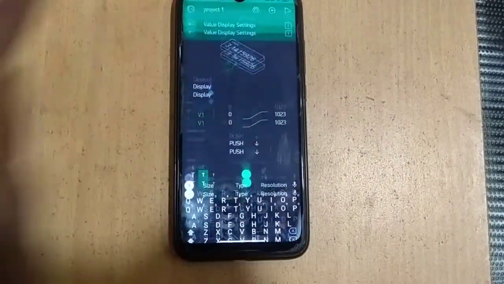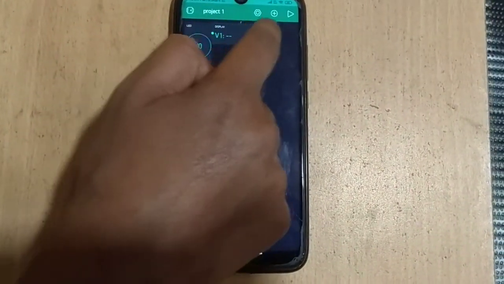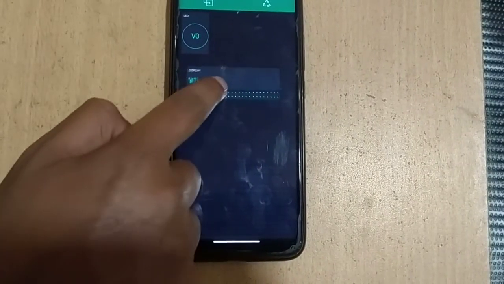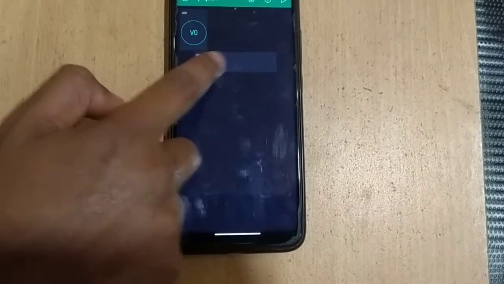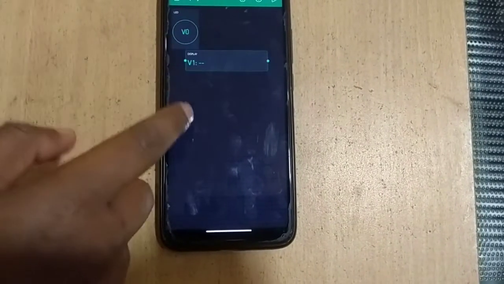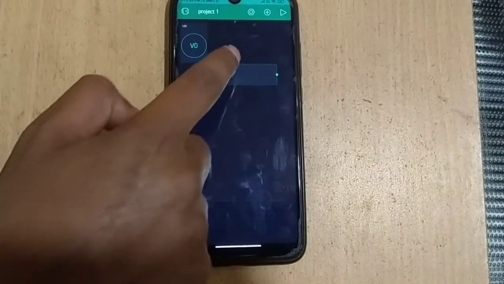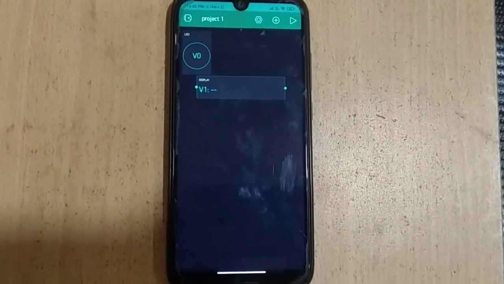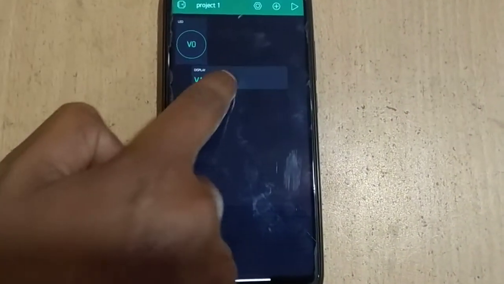After that, just come back. As you can see here, it is showing display V1. You can also change the length of the display, and you can arrange wherever you want to add these things. So if you have configured any sensor values, means V1, if you have stored those sensor values in the V1 variable, and you are printing something there, like some values, or smoke is detected, those things will display here, as you can see in this page.